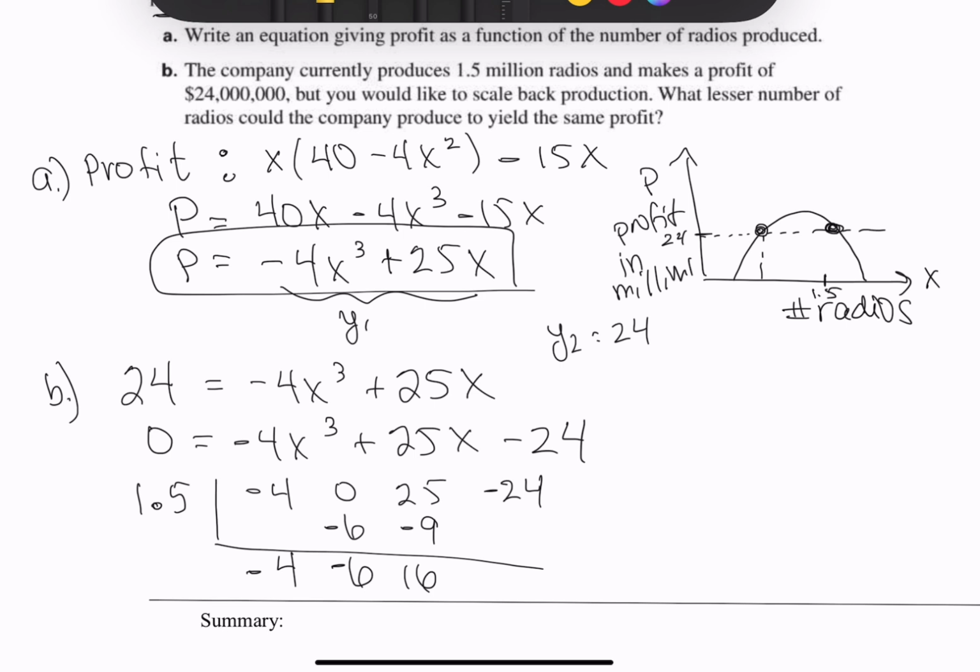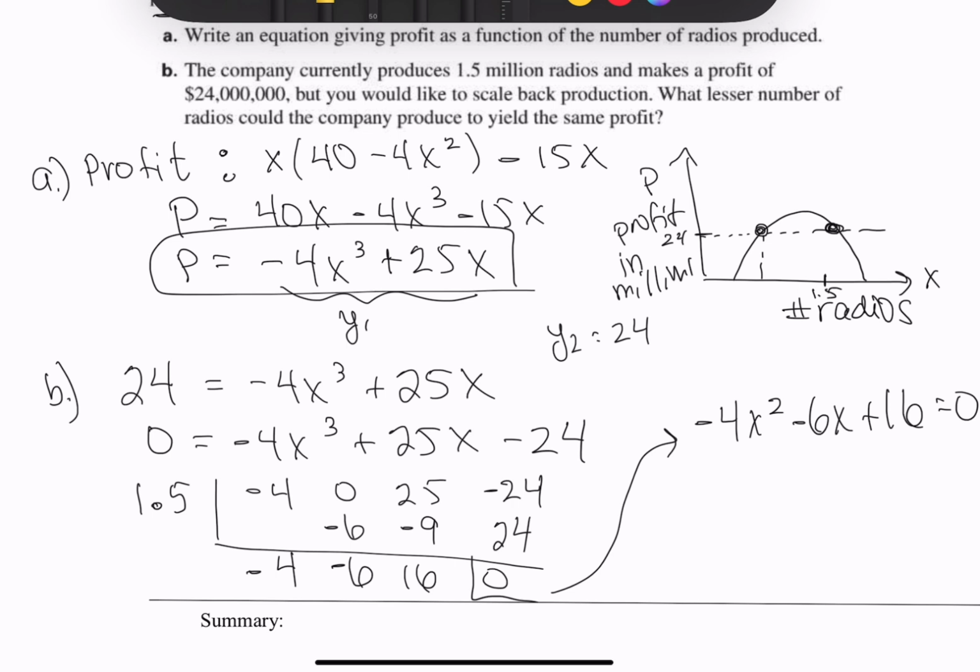And that's going to give me positive 24. Okay, so now I'm going to take my polynomial that's left over. So I'm going to come up over here. I know that negative 4x squared minus 6x plus 16 will be my leftover polynomial after I divide out the